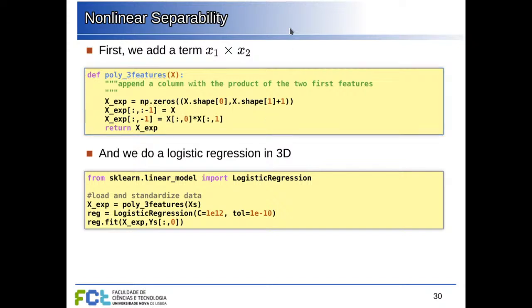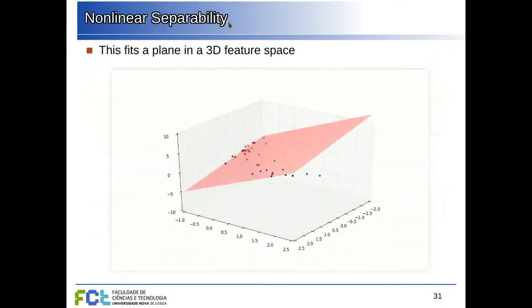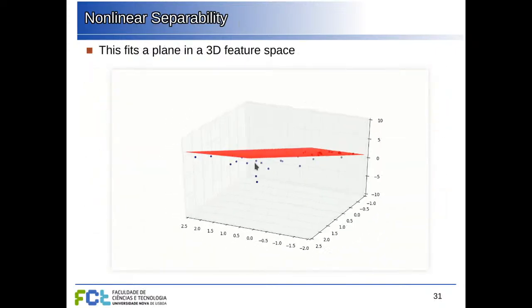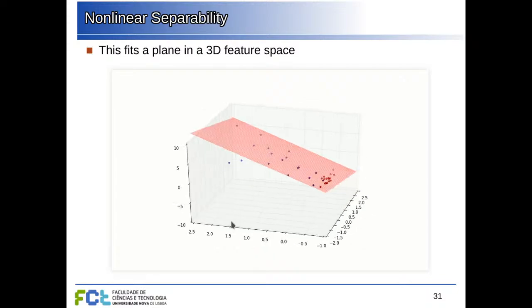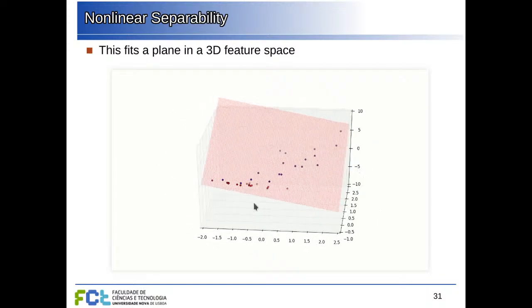So this expands our data to 3 dimensions, and now we fit the logistic regression to that expanded data. So we use the expanded data to fit here, and we get the values from our matrix with the class labels. So this is what happens when we go from 2 dimensions to 3 dimensions using this product of the